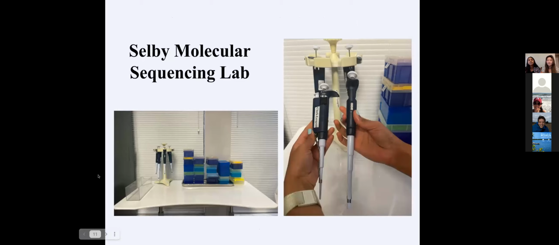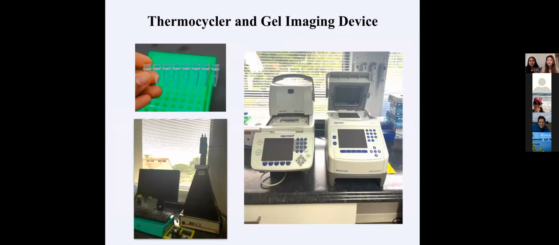The pipettes allowed us to work with really small amounts of DNA and chemical reagents. We use a thermocycler in the lab to make many copies of our target DNA using polymerase chain reaction, or PCR. And then we ran gel electrophoresis and used the gel imager in the bottom left to visualize our DNA and make sure the correct band lengths of ITS corresponded to the ladder DNA.